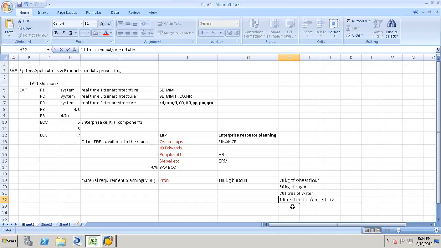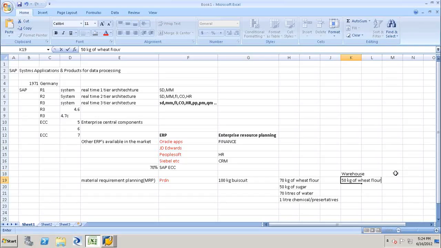So like that, on a piece of paper, I am going to calculate, and then I will go to the warehouse to check whether all these raw materials are available or not. Or I will give a call to the warehouse guy to check whether this much raw material is available or not. So if he says only 50 kg of wheat flour is available,